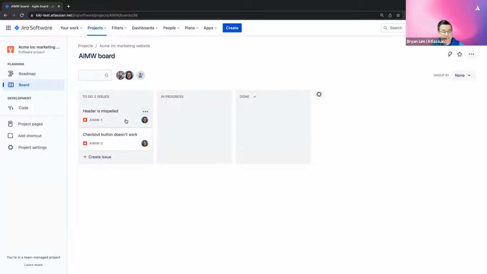So great. What have we learned so far? Use your workflow to map your team's process into Jira and iterate with your team as it goes forward. Start simple, and then check in with them during your team retros and make sure that it's really helping your team move work forward. Be sure to check out our 5 available rules to help you and your team be more efficient. Next,